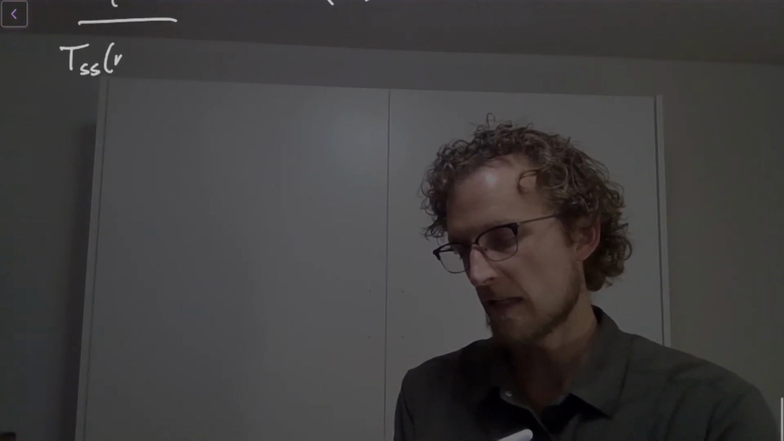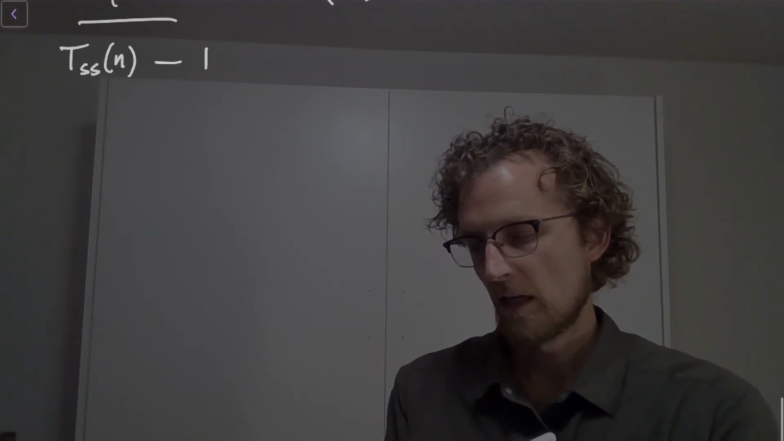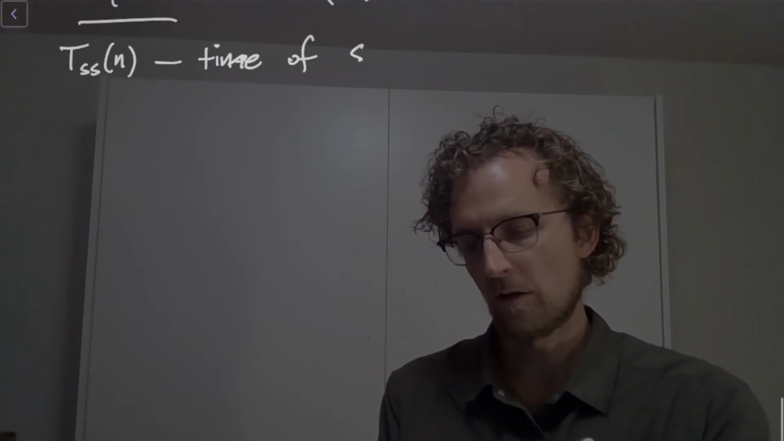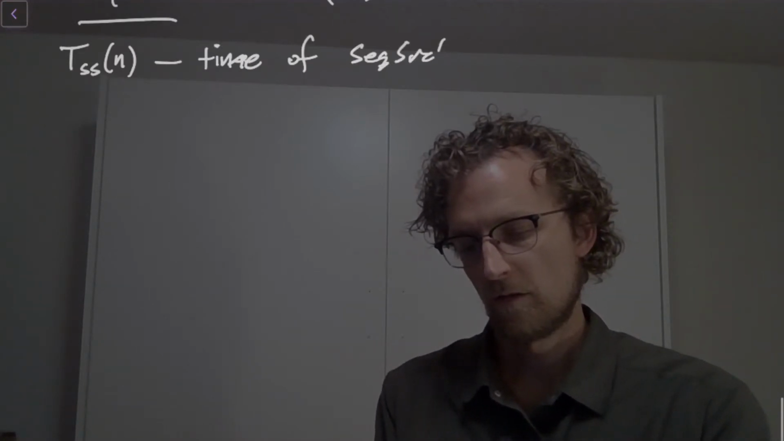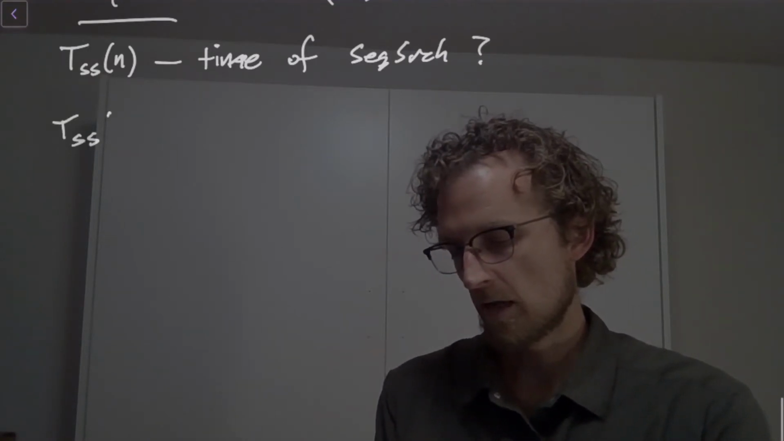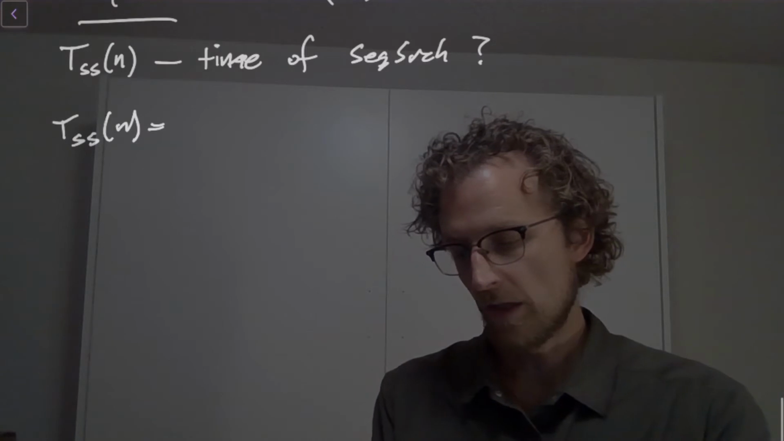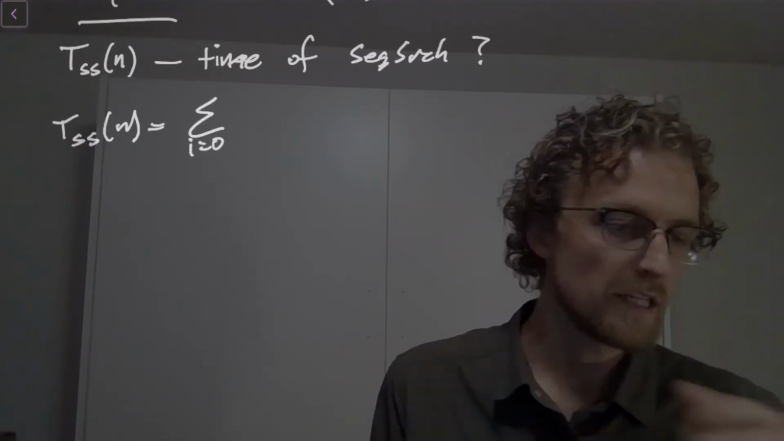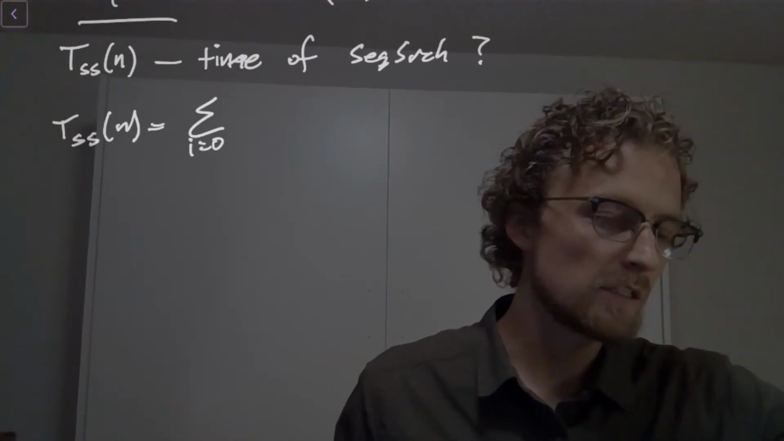All right, so what is T? I'm going to call this TSS of n. This is the total running time of the sequential search algorithm. Well, it's equal to this, TSS of n. We already know that this is the sum of i starting at 0, in this case going up to 6,